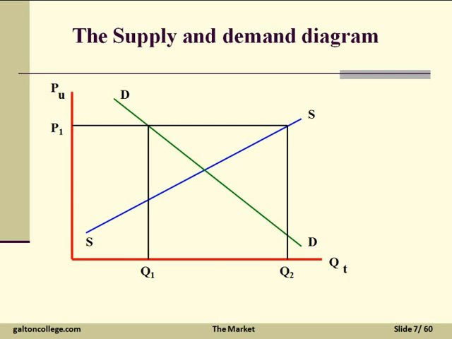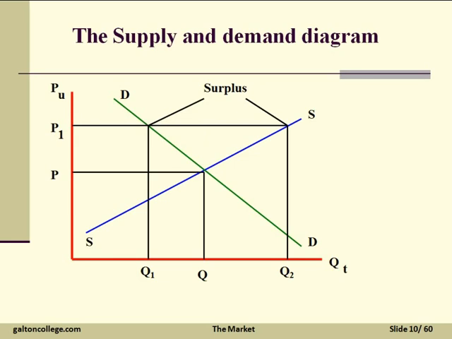In order to dispose of the extra production, they need to cut the price. So the price must fall from P1. Now the surplus production will therefore be reduced. As the price falls, the difference between what is demanded and what is supplied will be reduced. So really what we're doing is we're heading towards this equilibrium, P and Q. The price will be continuously cut by the producers to try and sell off the extra stock until the equilibrium